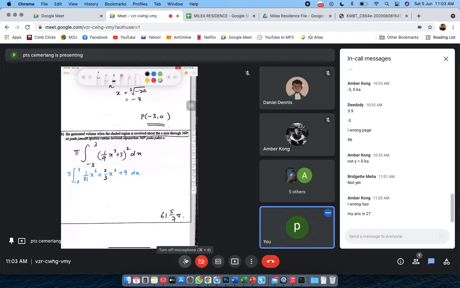Okay, all right, so next, what happened next is you have to try and integrate. So now integrate, what happened? You will get 1 over 81, and then this one is x to the power of 7 over 7. Okay, I pecahkan macam tu supaya dia nampak macam senang you nak tengok lah. Okay, it's easier for you to see. And then plus 2 over 3 and then x to the power of 4 over 4. I pecahkan macam tu ah. And then plus 9x. And then I substitute 3 and negative 3 inside. And again, you have a pi at the back. Up until there, are you still okay? Amber, 对吗？到这个地步还 OK 吗？